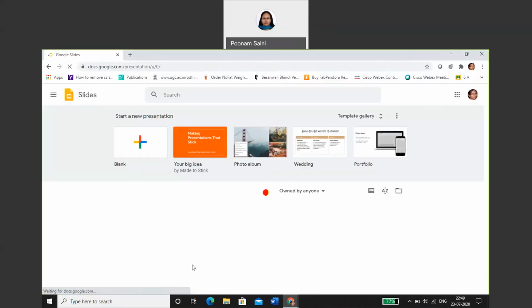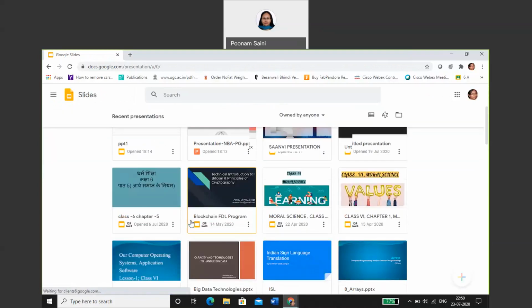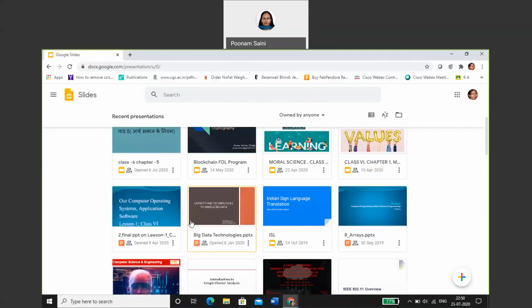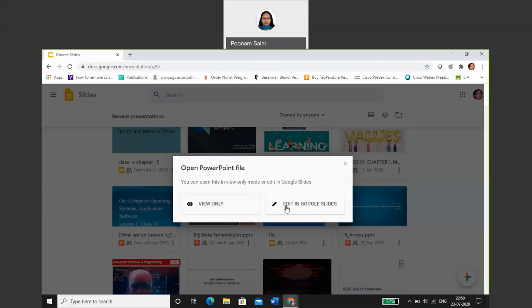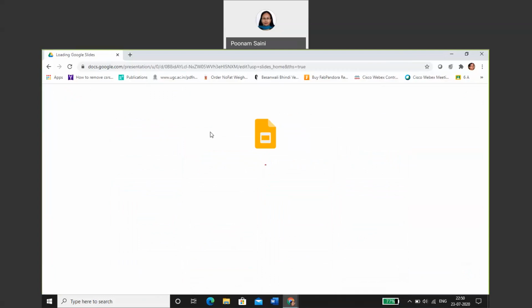When you go to Google Slides, you'll find that you can create a new presentation as well. And also you can pick any presentation which you have shared on your drive, and then you can edit that in Google Slides to ensure more features, or introduce some new features into those slides as well. For example, if I take an already stored slide on Google Drive, I can edit it in Google Slides. And then what are all the options which are available here?